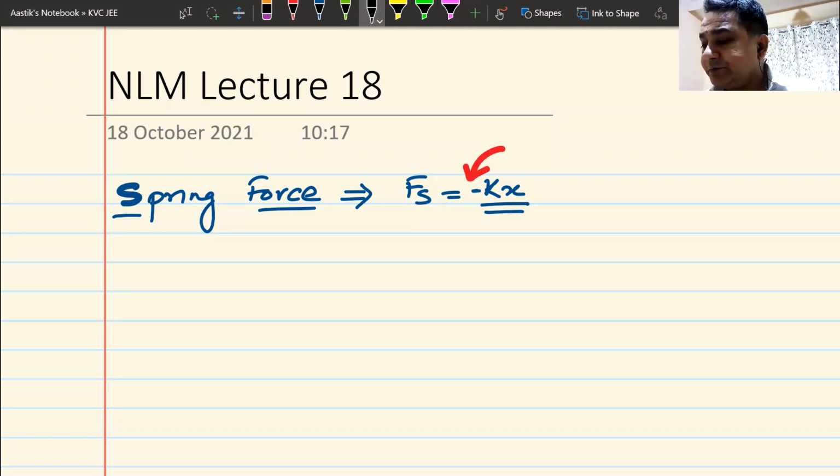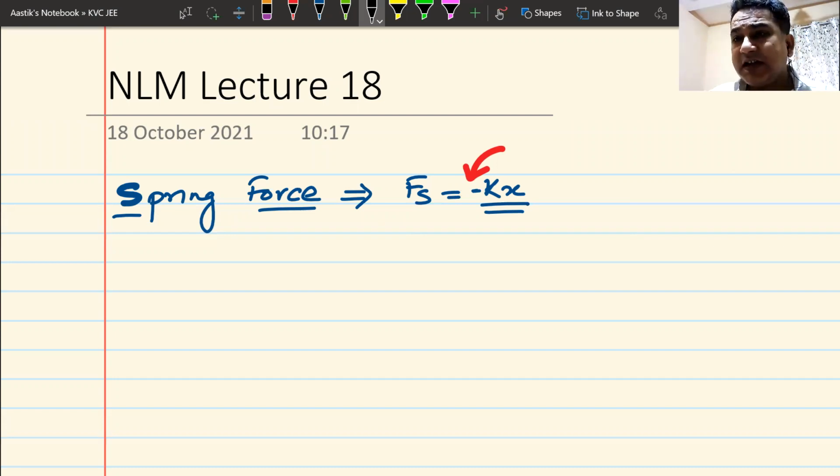We also had seen the difference between a spring and a string. A string can only pull, but spring can pull as well as push. Do we remember this? Can I have some raised hands that we remember this from the class, everyone? Okay, great. So welcome back to the class. It's very good that we finished the class on this note, because this was the end of the different types of forces. We are done with different types of forces.